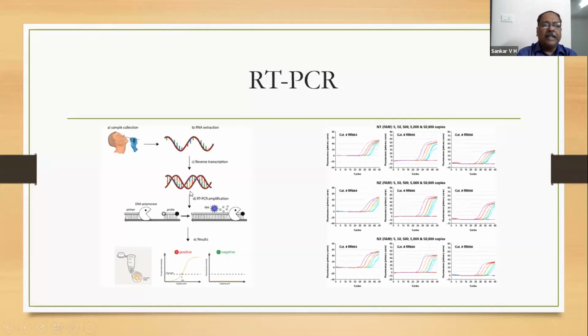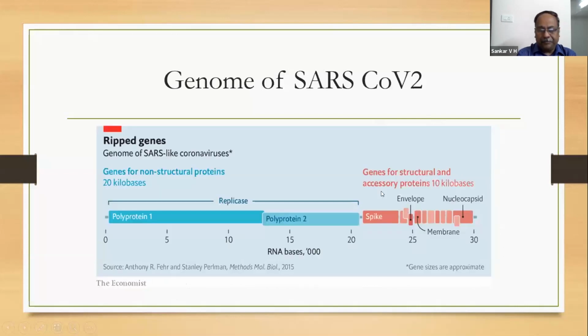Then it will be denatured, primers will be attached, and the area of interest will be amplified. Whenever there is amplification, that particular gene is present, and the gene will be amplified. The probe will be released from that. This probe will show a color. So in RT-PCR, you immediately get the color, which says that the positive result is there.